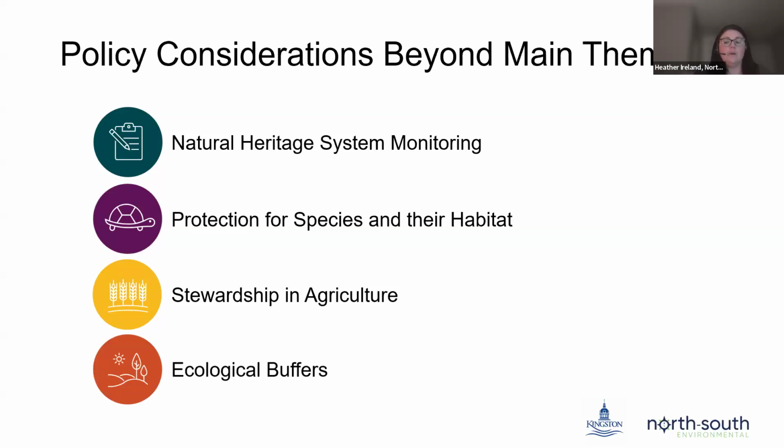And then finally, we did receive some comments around ecological buffers. These, again, are recommended in the natural heritage study. These are self-sustaining vegetated areas adjacent to natural heritage features. These buffers ultimately are protecting the ecological and hydrological function of natural heritage features.